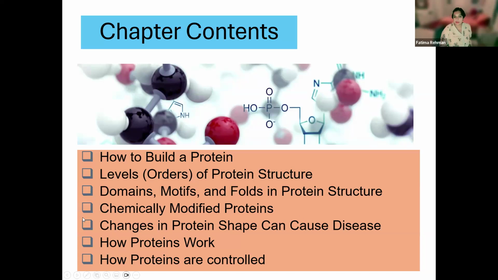We are also going to talk about what are some chemical modifications that happen on proteins post-translation and how changes in these chemical modifications or the structure can lead to disease. And finally, we are going to talk a little bit about the different types of work that proteins perform in our body and how they're controlled. Okay,